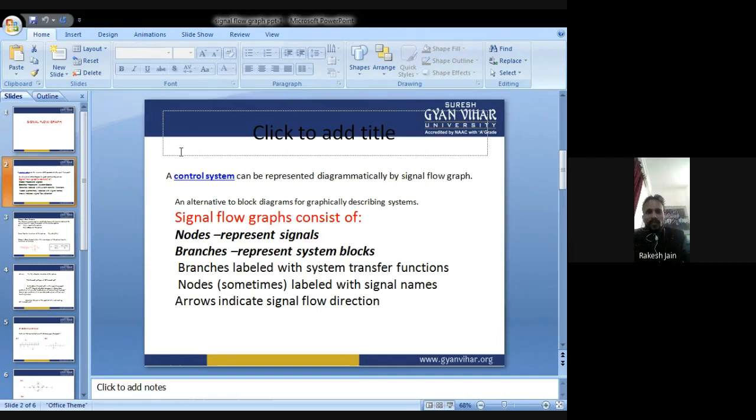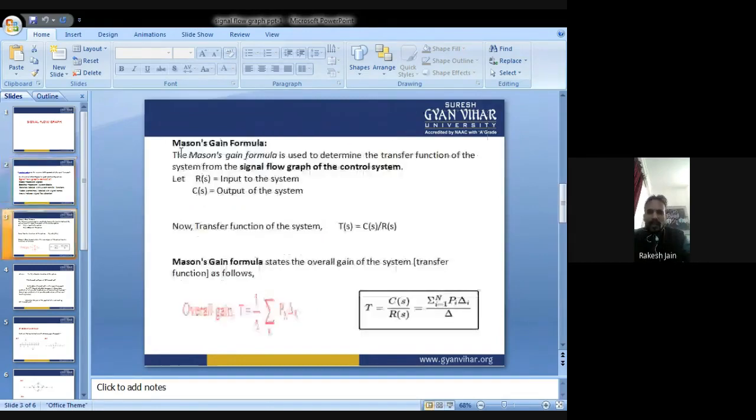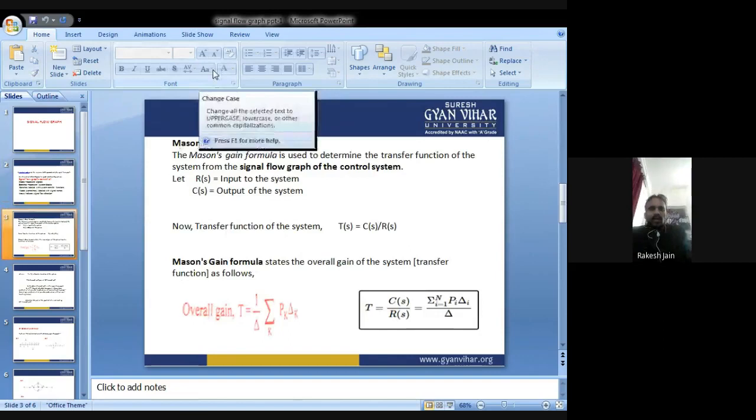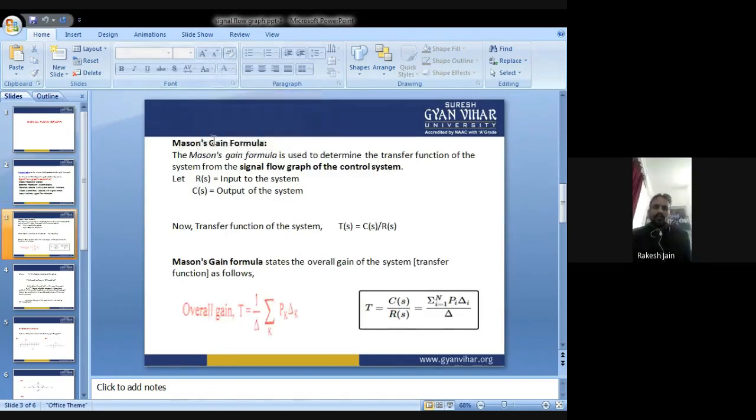And with the help of signal flow graph, how can we find out the transfer function, as in the case of block diagram, I mean C(s) upon R(s)? We will find the transfer function of a control system with the help of Mason's gain formula, a special formula that is known as Mason's gain formula. And Mason's gain formula to find the transfer function of a signal flow graph is C(s) upon R(s) equal to summation of Tk delta k upon delta.